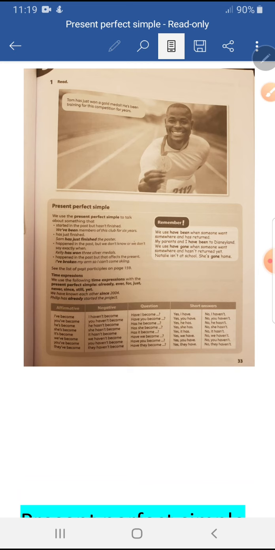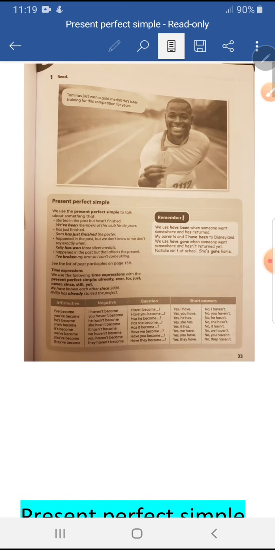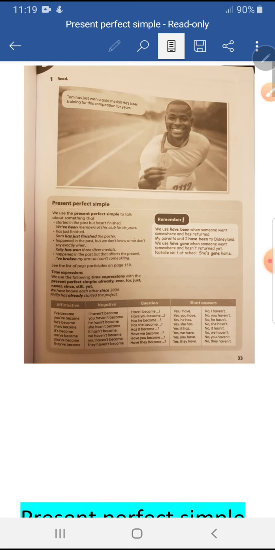The present perfect connects the present with the past. This tense shows us that actions in the past have a result in the present. That means that something that happened before now has a result now. So there is a connection between the past and the present. For example, I have lost my book, which means what happened in the past is still true now and my